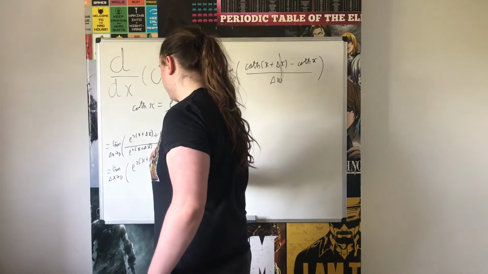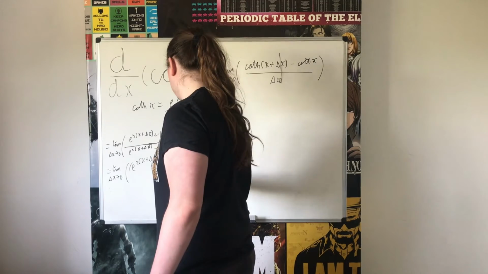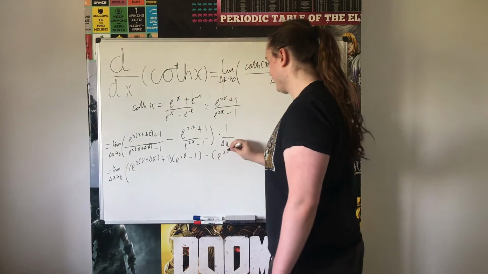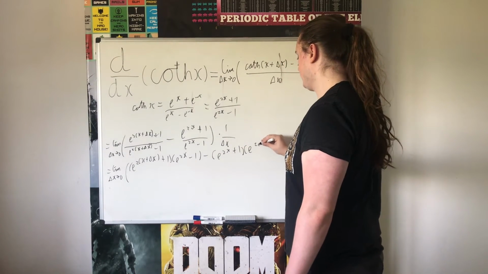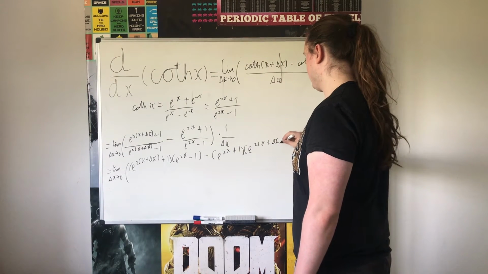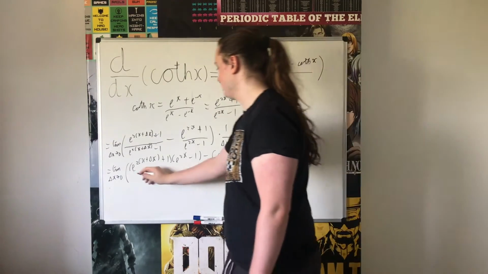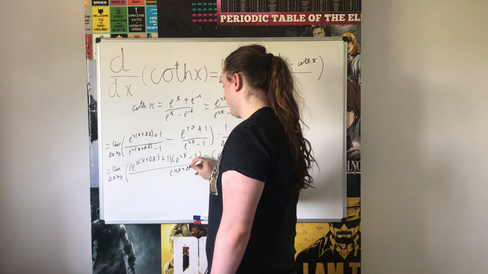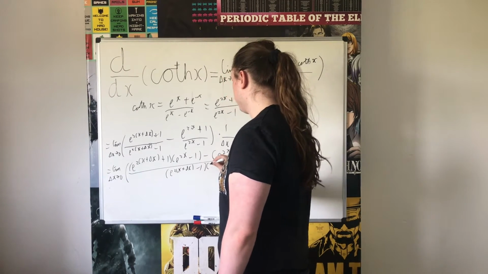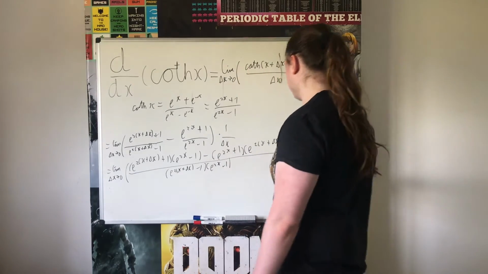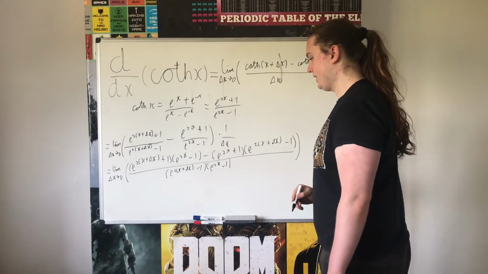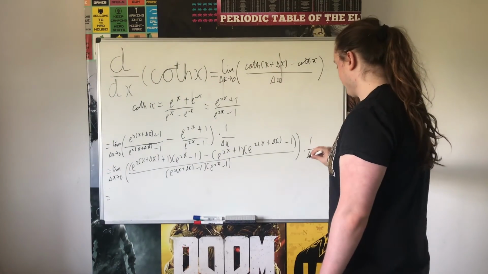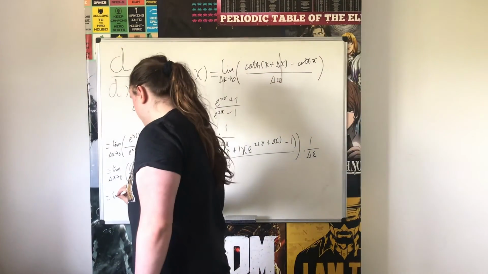Now if we combine these two fractions, we get the limit as delta x approaches 0 of [(e to the 2x plus delta x plus 1) times (e to the 2x minus 1) minus (e to the 2x plus 1) times (e to the 2x plus delta x minus 1)] all over (e to the 2x plus delta x minus 1) times (e to the 2x minus 1), multiplied by 1 over delta x. Now we can expand these brackets,